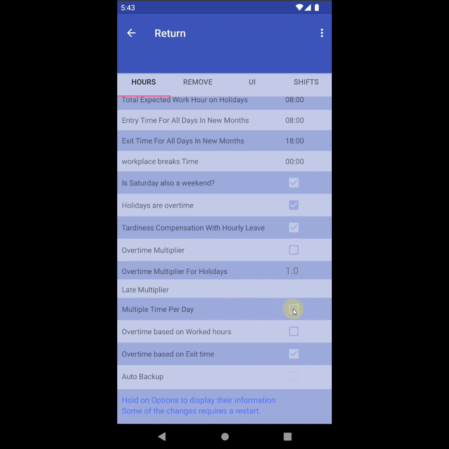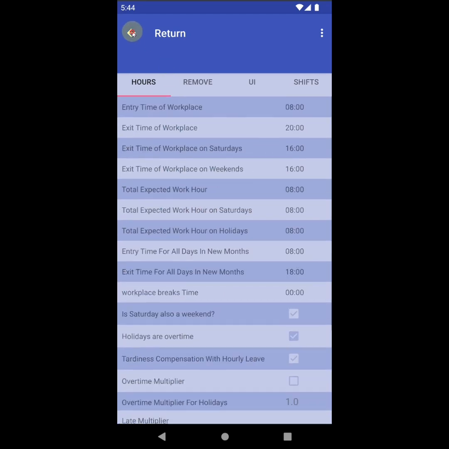But since the UI will be changed on the next update, I won't show you because whatever I show you right now will be changed and will be useless. But with this you can have multiple entry time and exit time each day,